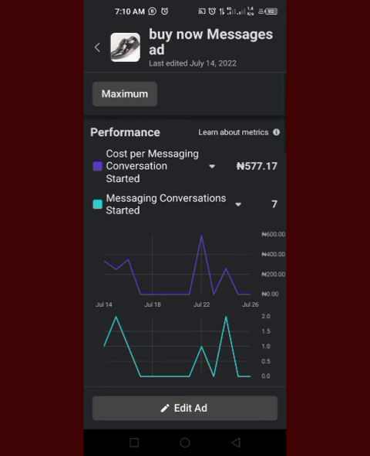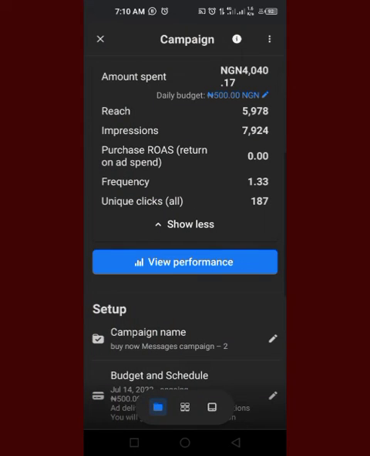So if this ad is performing well, it is here I will know compared to the other one I was running. So anyone that is running better, I can conclude that this is doing better, but I can't conclude that way because I just started running the other ad yesterday. The purpose of this is for you to be able to compare. If you are running 2 or 3 ad sets or ads, you'll be able to compare which one is doing well. If I'm getting unique clicks 187 and the other one is 8 unique clicks,